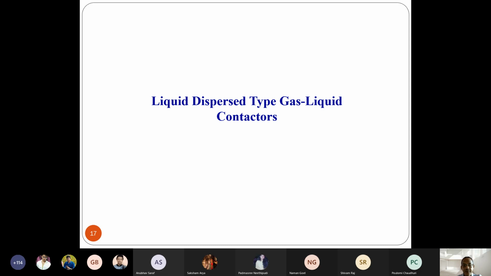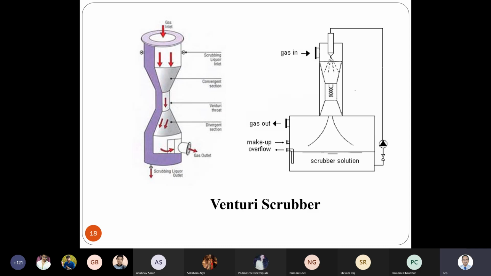Today we'll discuss the second category, that is the liquid dispersed type gas liquid contactor. Here we'll have four varieties. The first is the Venturi scrubber. Chemical engineers must already be acquainted with the Venturi meter you have studied